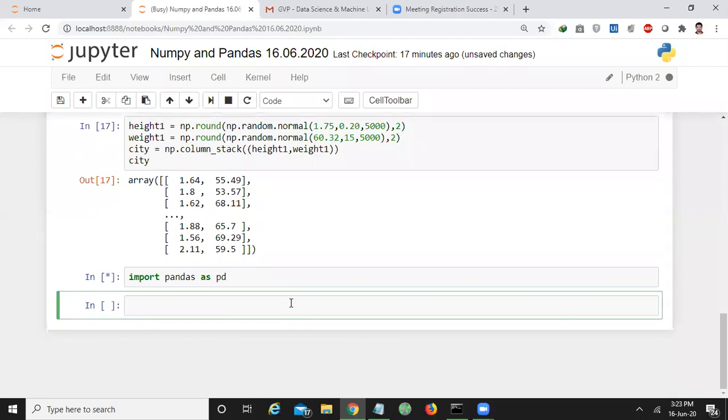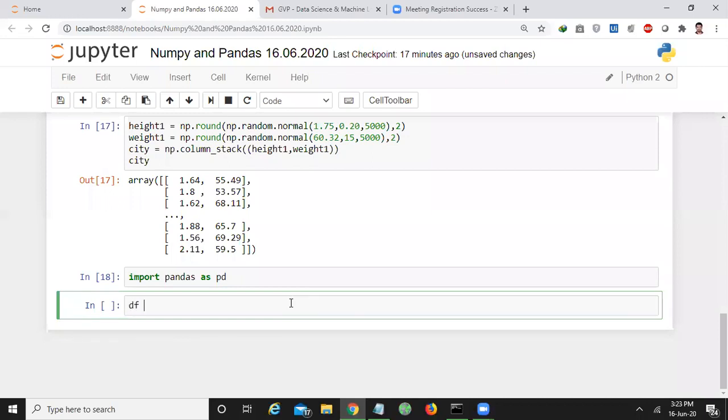Now first we have to know how to load data into pandas. Then I think all of you understand why we use pandas, right? Pandas is used to study the data that belongs to a particular domain. So if you want to study the data of a particular domain, pandas provides a data structure called a data frame.